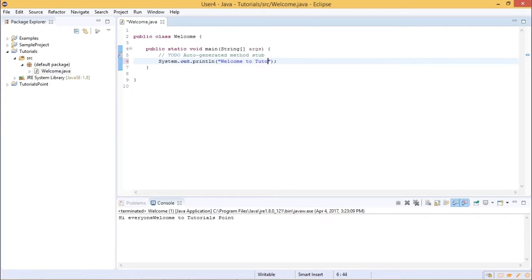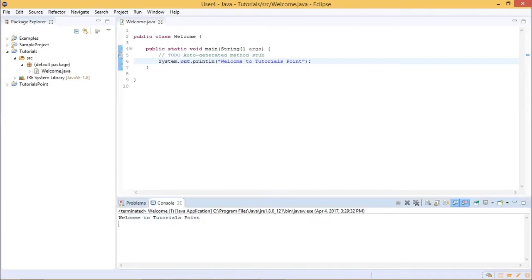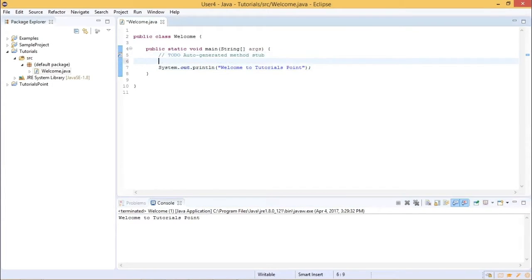welcome to Tutorialspoint. We shall save this file with the help of Ctrl S, which will automatically compile the file. Click on function key F11 to run the program, or click on Run to see the output. If you see, the console displays the message called welcome to Tutorialspoint. Let us see another method which says